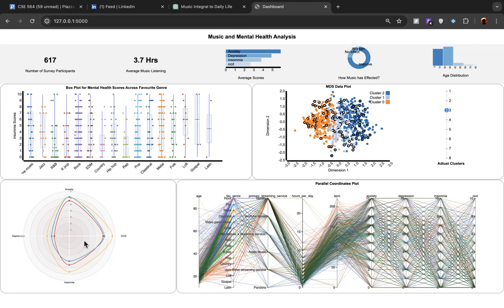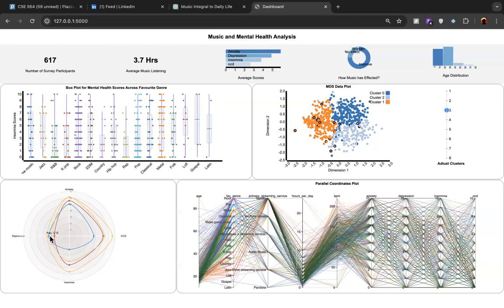Yeah. In addition to this, we found another interesting observation by choosing rap. Earlier we said that between genres we were getting different scores, correct? But over here we can also see that there's a correlation between a specific genre and a particular mental health.